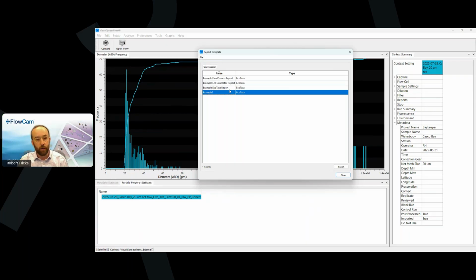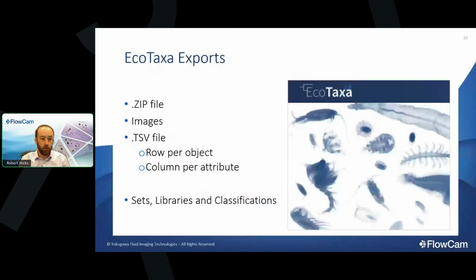So once I've created my EcoTaxa report here, I'm going to be able to go and apply it to different data types. EcoTaxa exports are going to take the visual spreadsheet image, and it's going to specifically format it for exactly what EcoTaxa wants to see. And so that specifically requires a zip file. And in that, it's going to have the images, a tab separated value file, which is going to give you a row for every object or particle image, and then a column per attribute. And so each attribute is going to be one of those things that we've selected in our